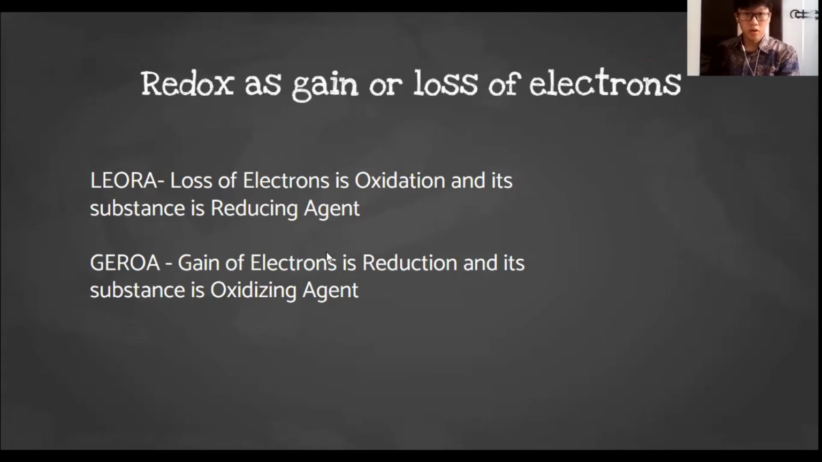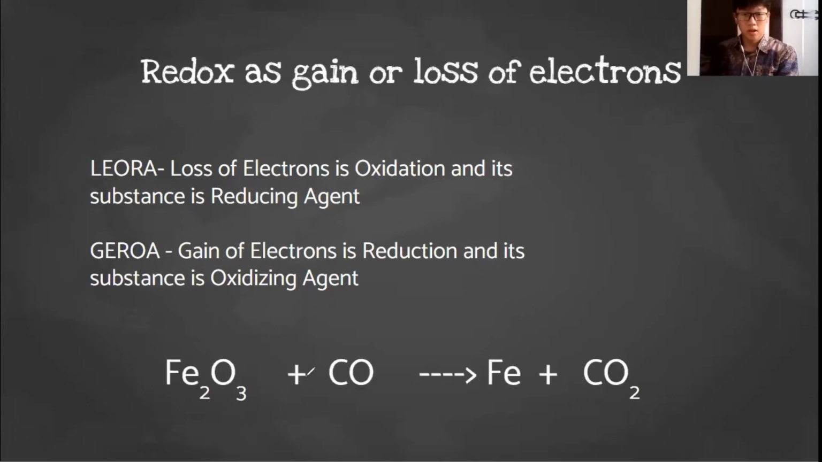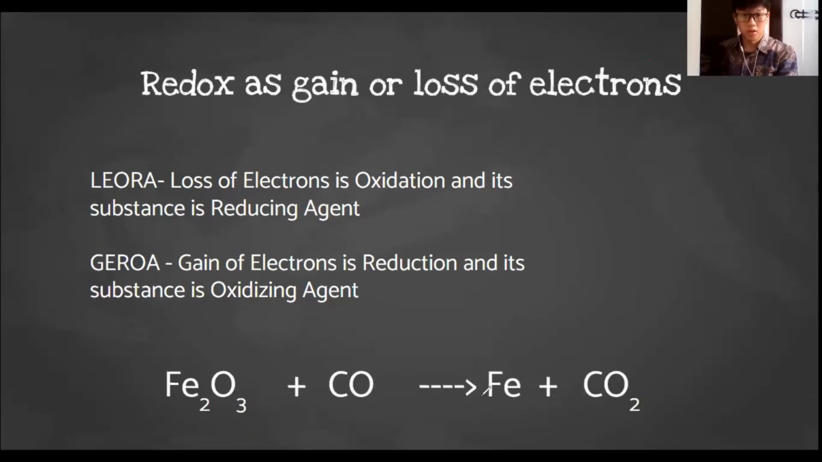So for the example here, we have iron trioxide and carbon monoxide, which will yield iron and carbon dioxide. So first, to implement these acronyms, we have to assign oxidation numbers to each substance. So for example here, oxygen has